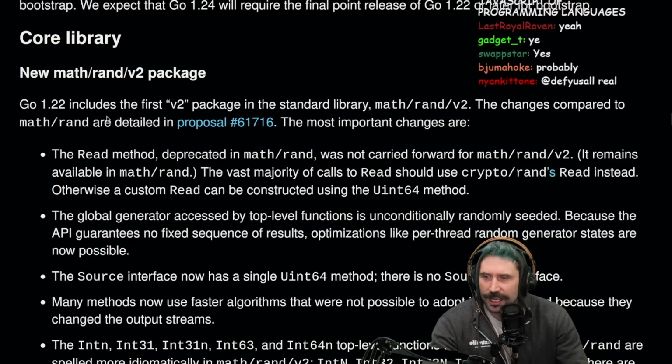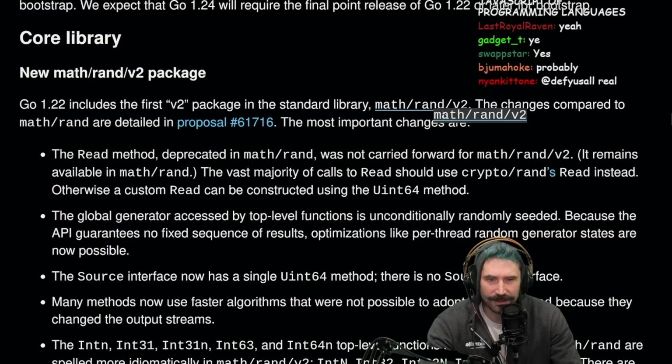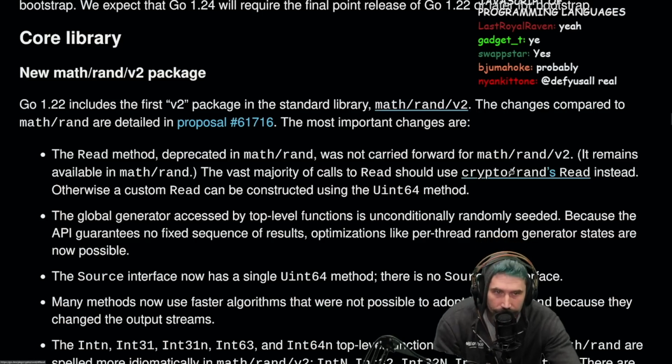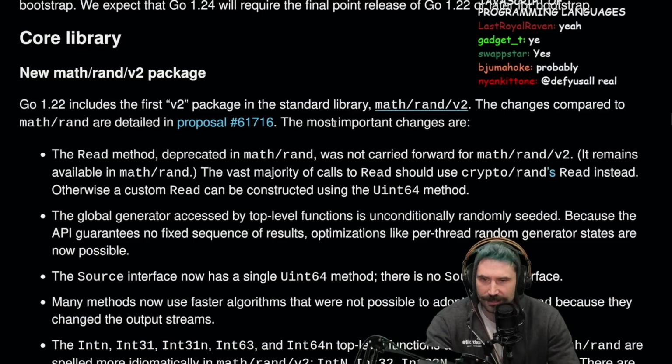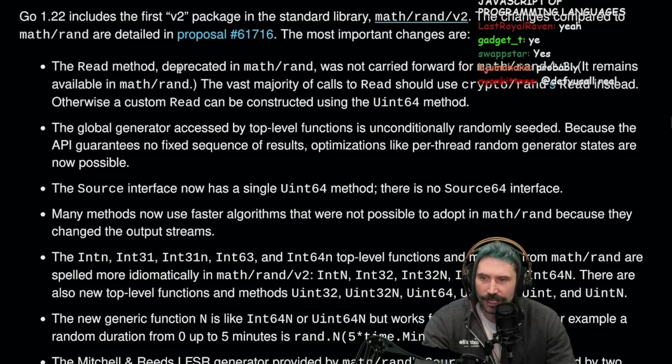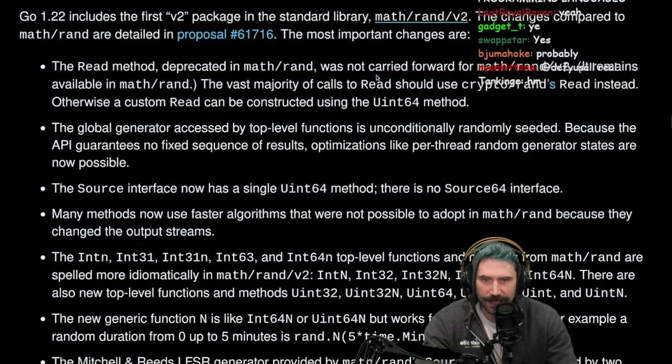Okay, that makes sense. Go 1.22 includes the first v2 package in the standard library, math/rand/v2. Really? Okay, nice. The changes compared to math/rand are detailed in this proposal. The most important changes are: the Read method deprecated in math/rand was not carried forward in math/rand/v2. It remains available in math/rand. The vast majority of calls to Read should use crypto/rand's Read instead.